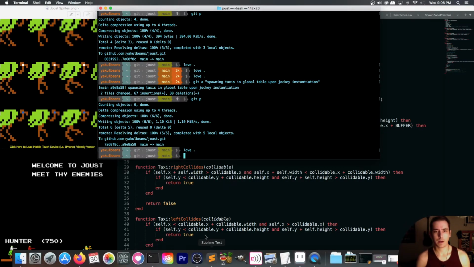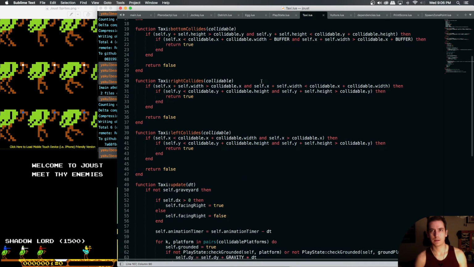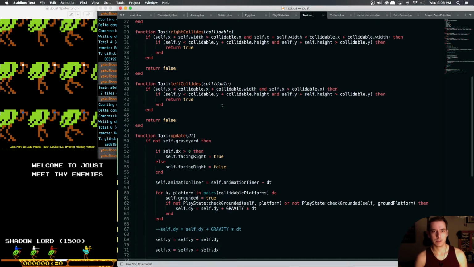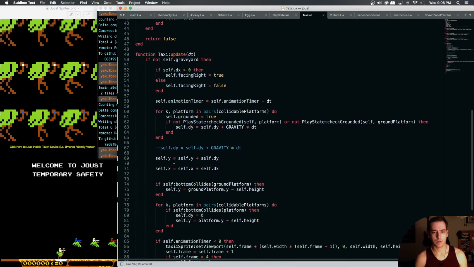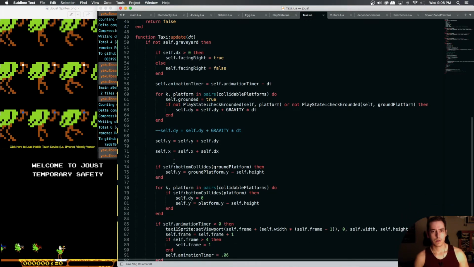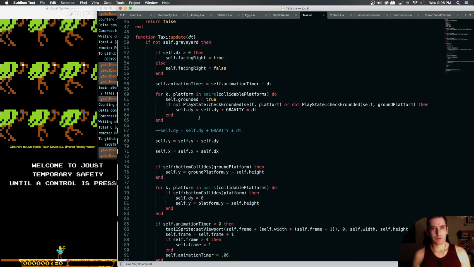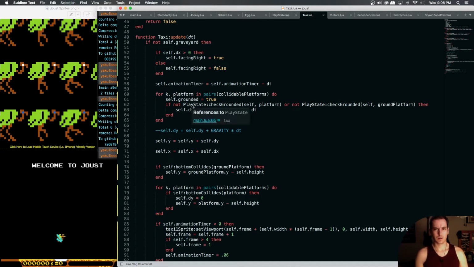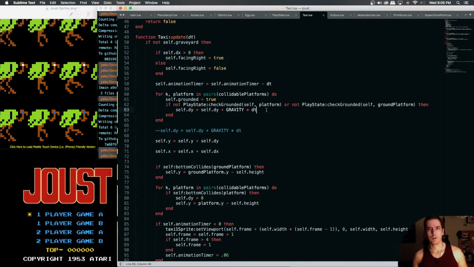So we can find where we're doing that in our taxi class here. It looks like we are doing that. We're only applying gravity if we're not check grounded on either any of our collidable platforms or our ground platform. So